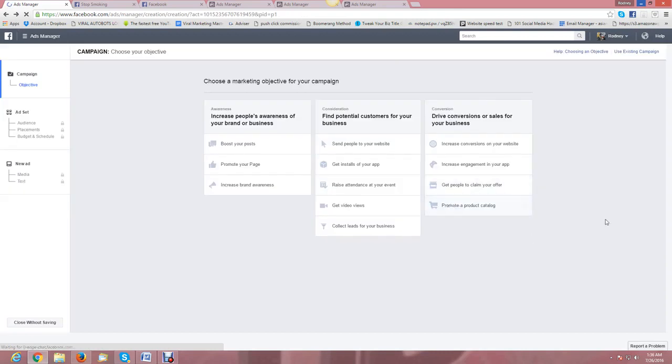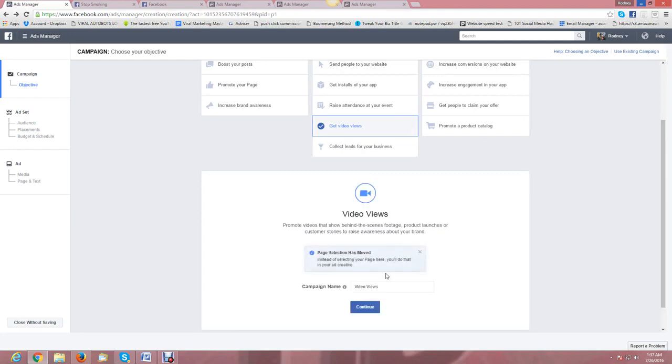Now what you want to do is to get video views, right? You need to get video views. You can see that Facebook has a whole different set of options here. Boost your post, boost your page, increase brand awareness, send people to your website, etc., etc. But what you want to get is video views. So you're going to click on video views. Now what you need to do next is to name your campaign. So let me just name it hair loss, because that is the campaign that I'm going to show you in